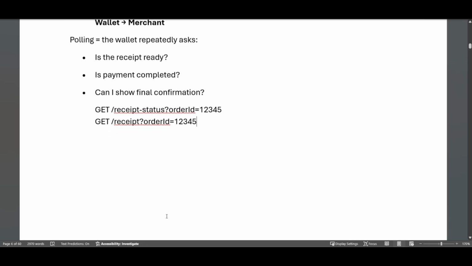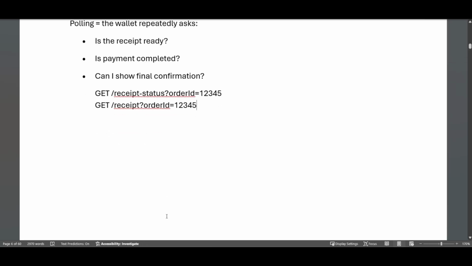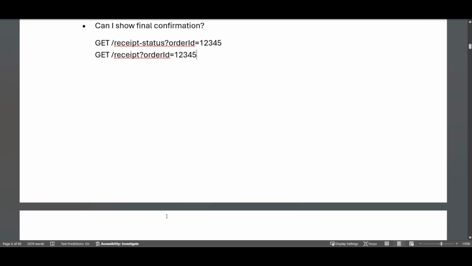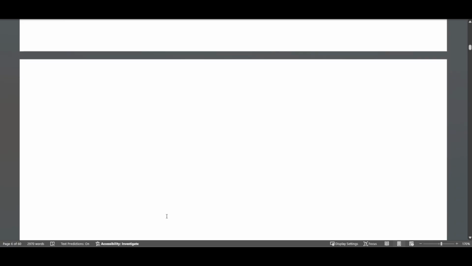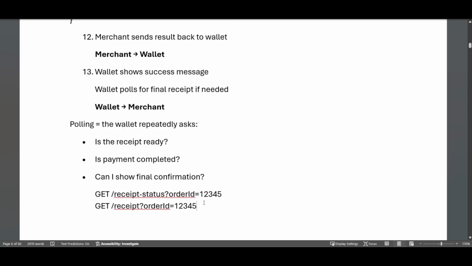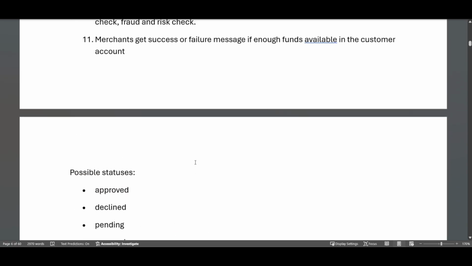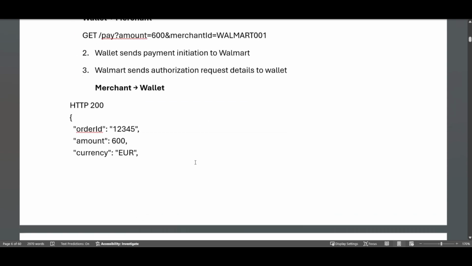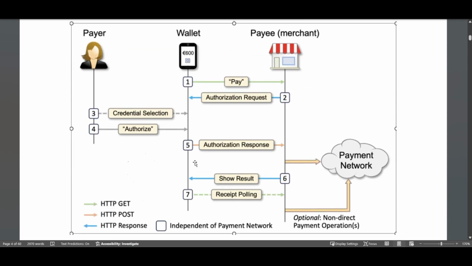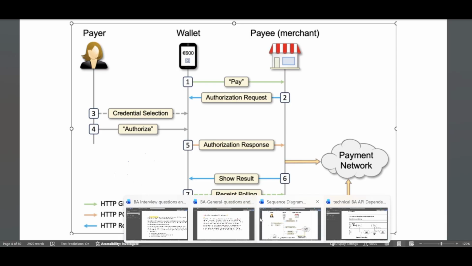And finally, when it receives the receipt, it knows the transaction is completely done and the status is completed. Successfully completed. So these are the sequence diagrams that the developers or